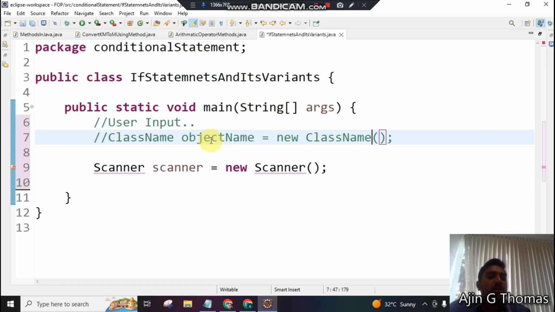We used to create some methods, right? In methods also we are using brackets. Bracket is representing the method, but here the class name is given with a bracket opening and closing. What is this? This is not actually a class, right? Class name means I can only specify the class name. I don't have to specify brackets. So it is something else, something different. This is called,